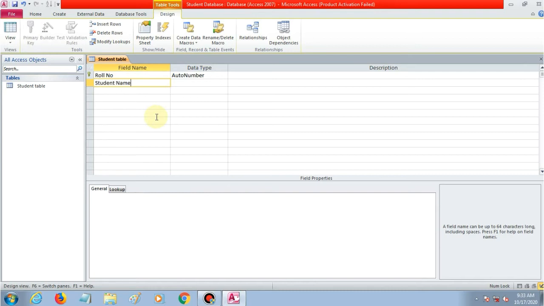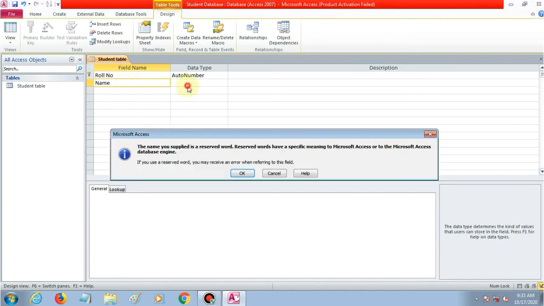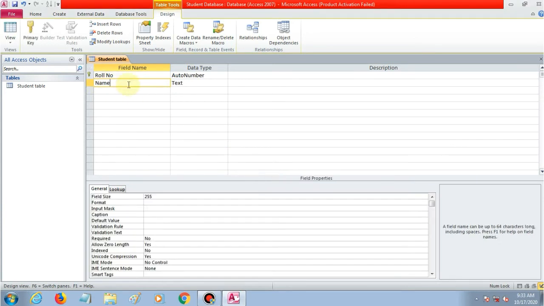name. Don't write only name, because if you write name it will show this error: the name you supplied is a reserved word. So name is a reserved word in MS Access database. Give any other word, as I am giving student name, then it will not show an error.